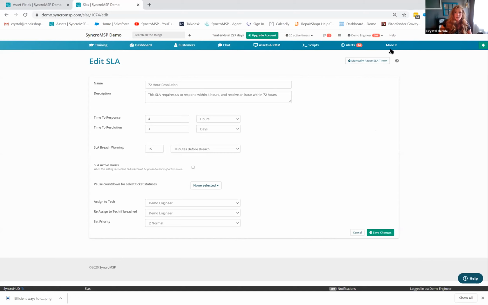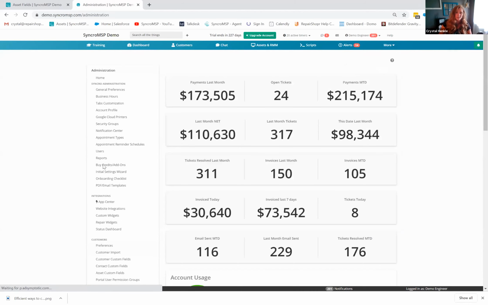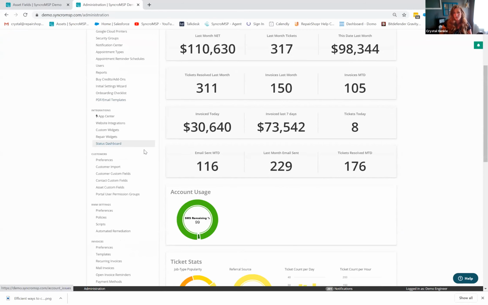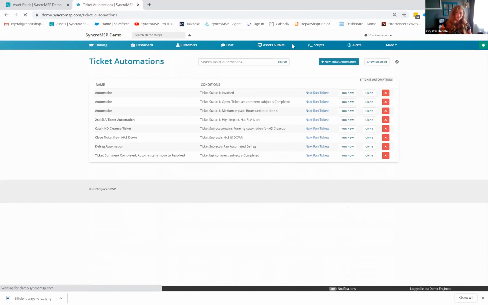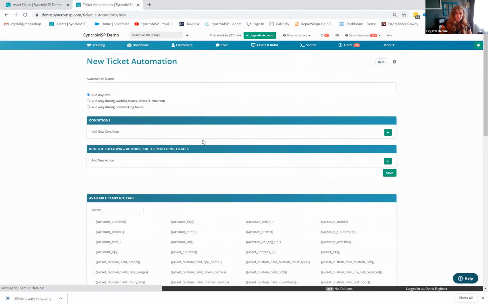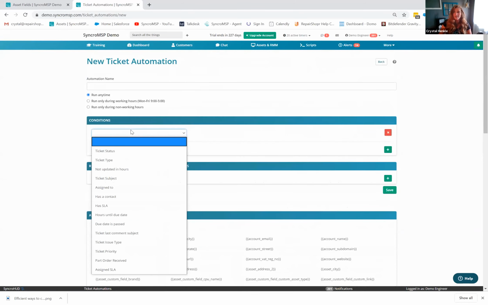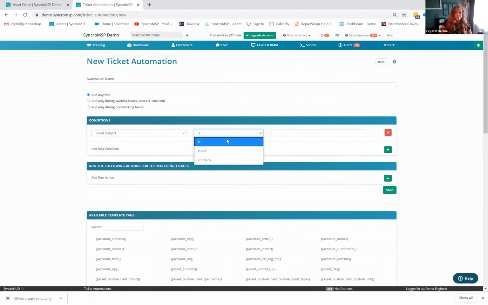And then the last thing I'll touch on really quickly, because we could probably deep dive huge into these, and maybe this is a good place to make some notes. Maybe we should do that. But then ticket automations here. There are so many crazy things you can do with ticket automations, especially if, like Brandy mentioned, you are training your technicians to subject their emails in a specific way, because you can even have ticket subject is not, or contains. Like if a ticket in any way contains urgent, for example, or whatever that might be,